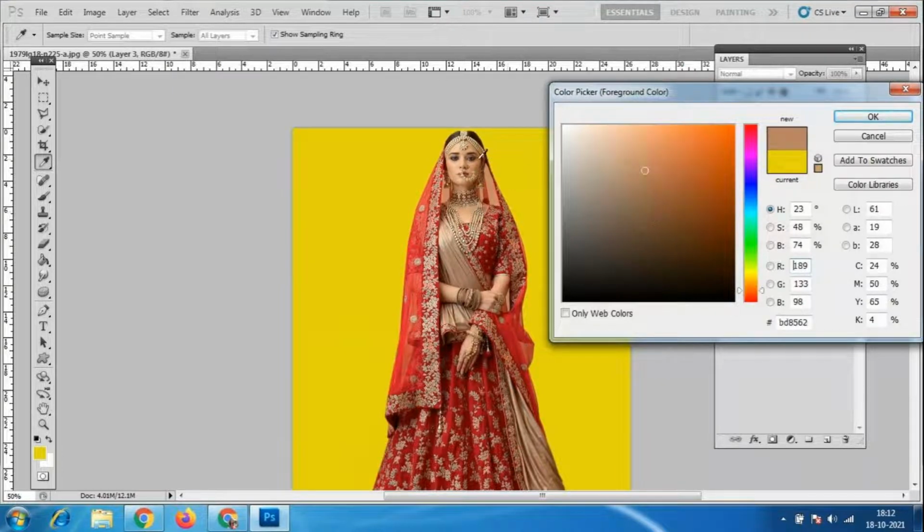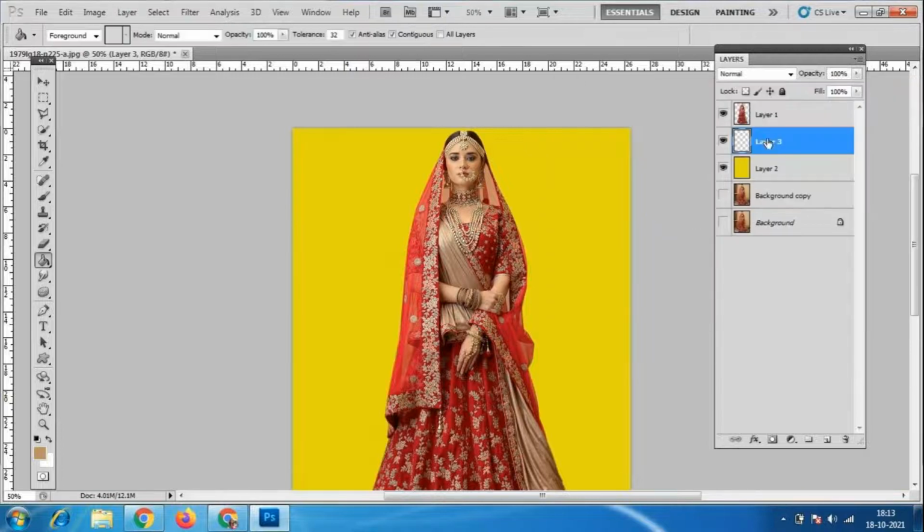So like this skin color, look at the skin color, I'll select over here. Okay, so like this. So you can select whatever the colors you want. Okay, so I'll select her dress color like this. I'll just give OK. Then I have already taken a new layer. Then directly we have to apply here.